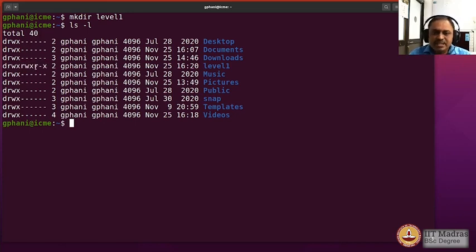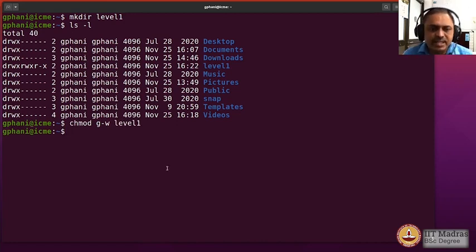Now I want to change these permissions so that they look like rest of the folders also. So what I would do is, first I would like to knock off the write permissions for the group. So I would use chmod and then group minus w, which for the group removes the write permission, and for which file? For the folder called level 1.